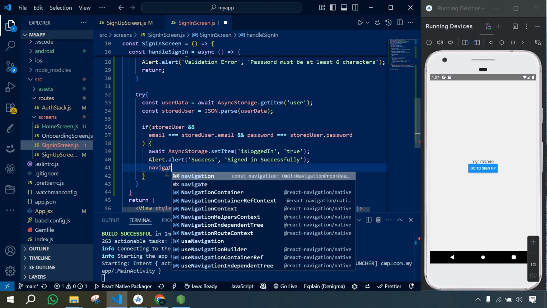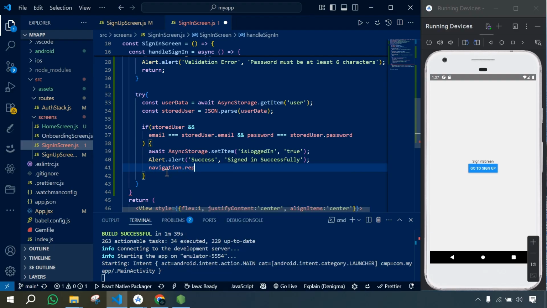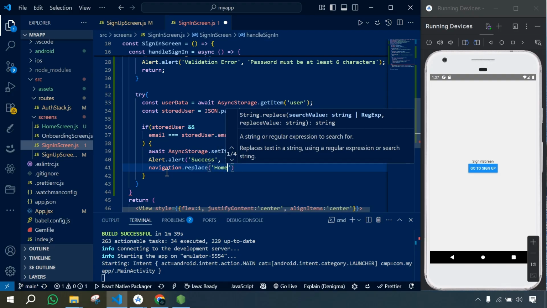So navigation.replace, and here we'll type Home,